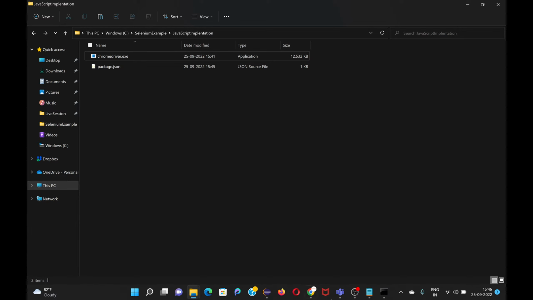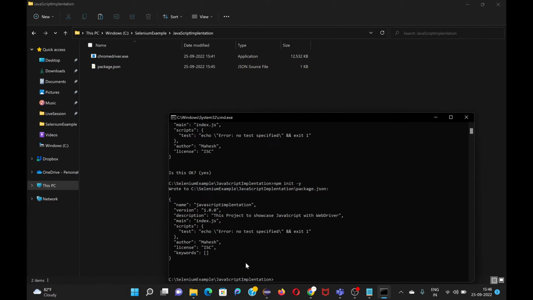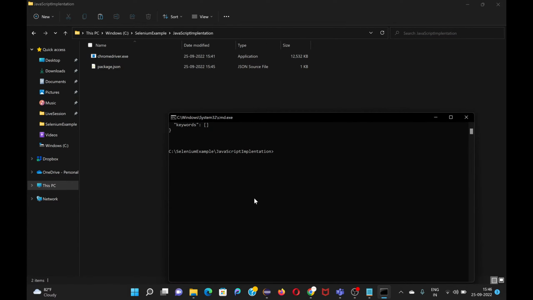So again on the command prompt, I am simply writing one small command to open my editor. I will simply write code space and dot. When I use code space and dot, it will by default open my Visual Studio Code. So the shortcut to open my editor from here is only code space dot, and simply press enter. See,